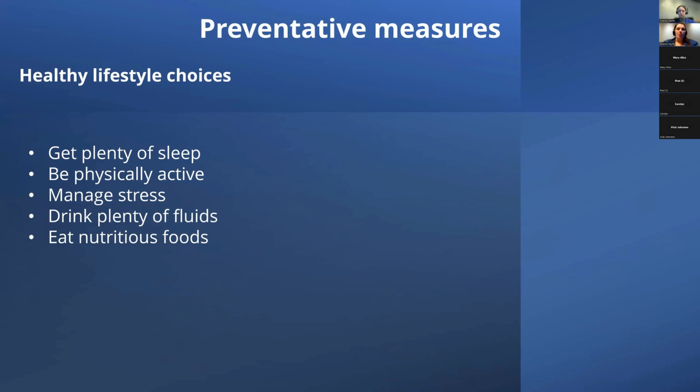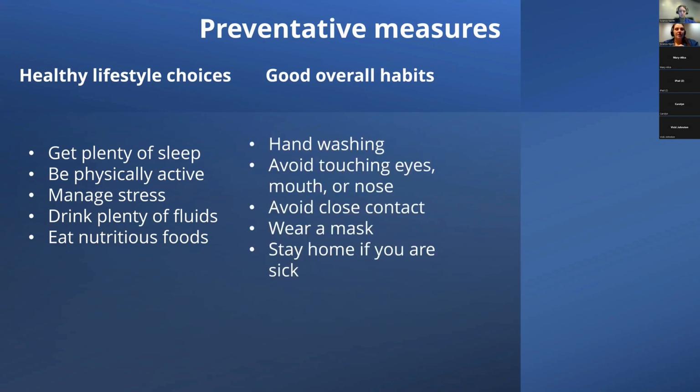Now, when it comes to additional measures for preventing disease, think of the healthy lifestyle as your baseline. This is what I need to keep my body happy. The next one is, now my body is happy, what happens when I go to different places where there might be things that can infect me? Hand washing is always a great idea. Don't touch your eyes, nose, or mouth if you are in a place that other people have touched.